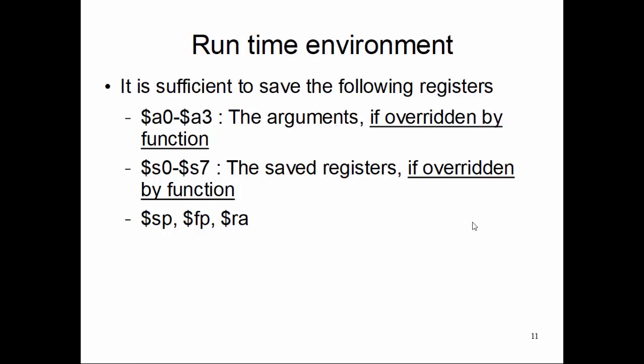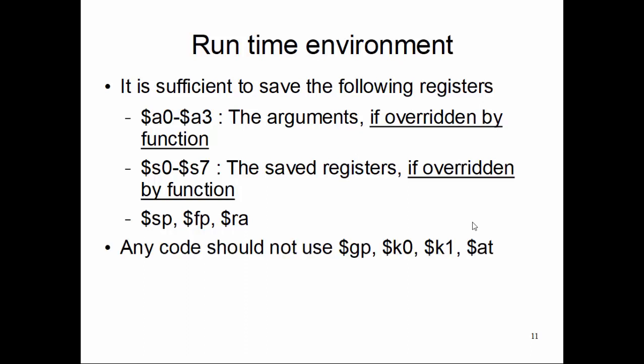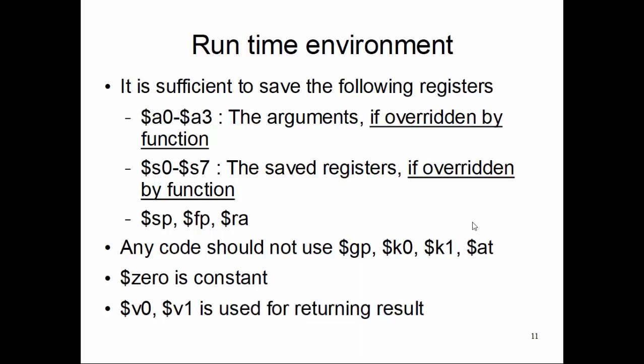So this becomes only a small set of registers. Any code should not use GP, K0, K1 and AT, so we don't need to bother about them. Register 0 is a constant, so we don't need to bother about it. V0 and V1 are used for returning the result, so of course we can change them. And T0 to T9 are not saved as a convention, so we don't need to bother about them. So we only need to bother about A0 to A3 if we are overriding them, S0 to S7, and the stack pointer, frame pointer, and